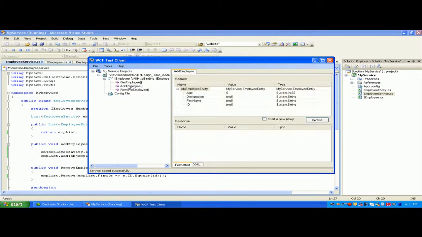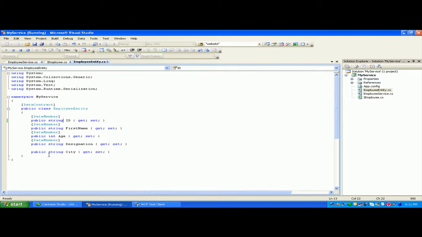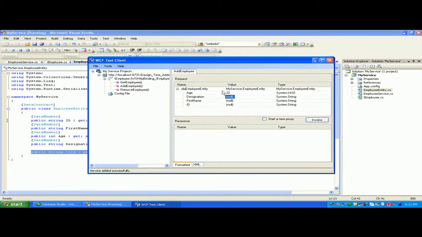I'm going to add one employee, 22. As you can see, whatever the entities that I have defined, all these entities are here. Previously I have shown you in my entity I have declared city, which is not a data member of my data contract. So you can see here no city is displayed.